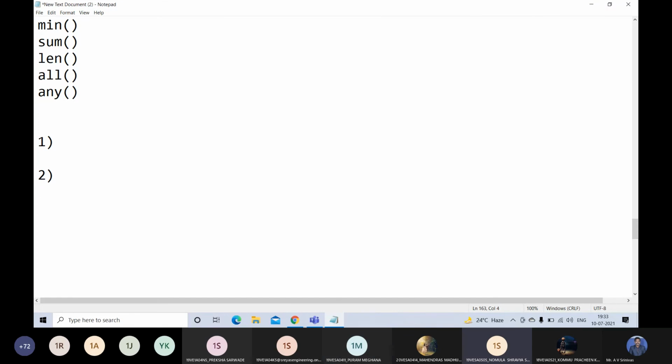The first one is a program to remove duplicates from a list.